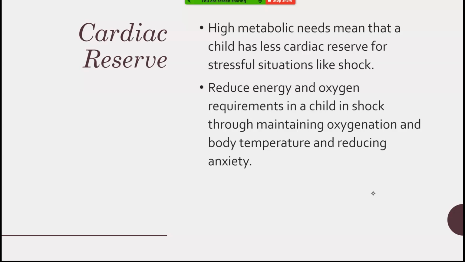If you think about where the cutoff for SVT is for an adult, we have 150, 180, depending on which books you're reading. Kids can be as high as 220 or more, okay? I had a kid who was in an SVT at 280, and the